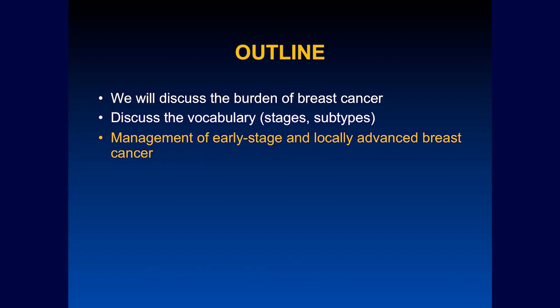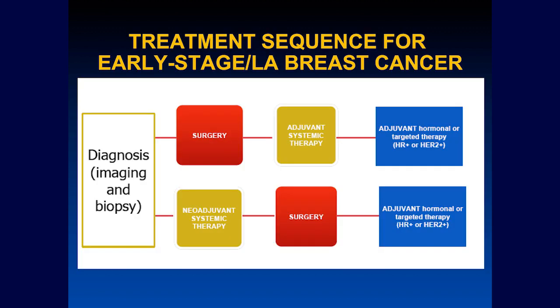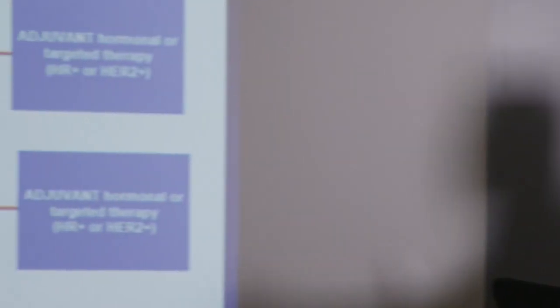Okay? At the time of diagnosis, the patient may have T1, a small tumor, N0, negative nodal involvement. But we know from our experience that even in those patients, you could develop stage 4 or metastatic disease 2 or 3 or 4 or 5 or 10 or 20 years later. I have a patient who had metastatic disease 28 years after their first diagnosis of breast cancer, which means there